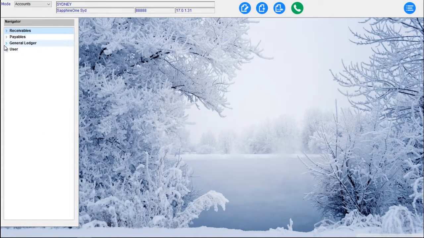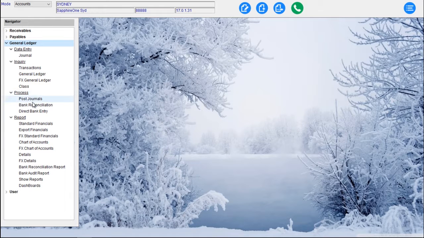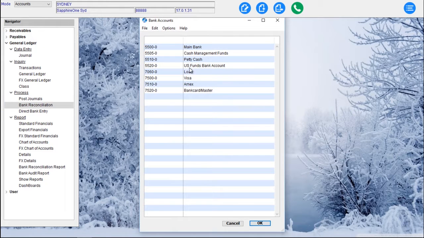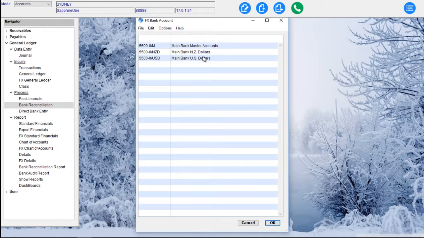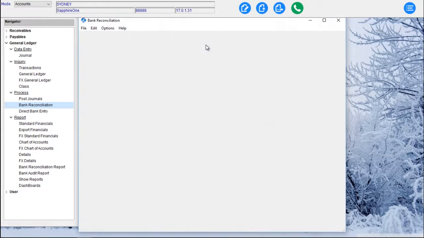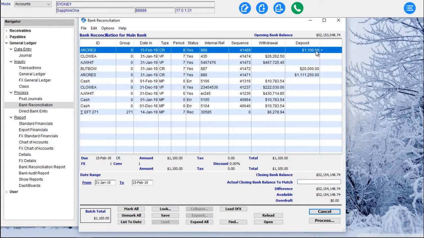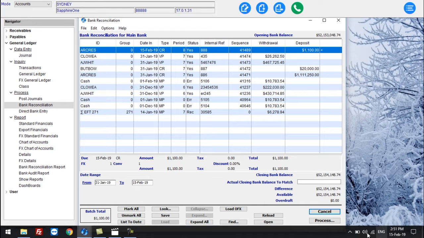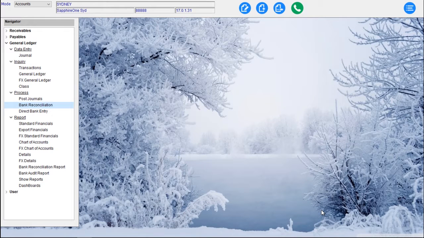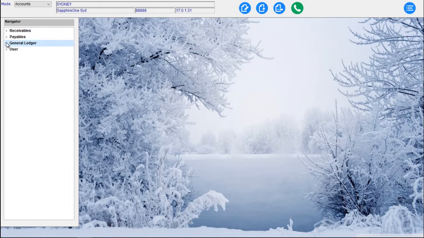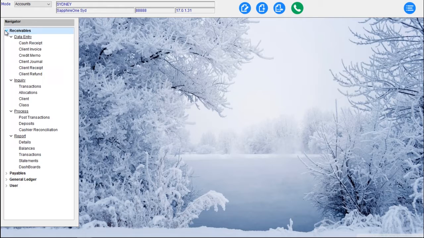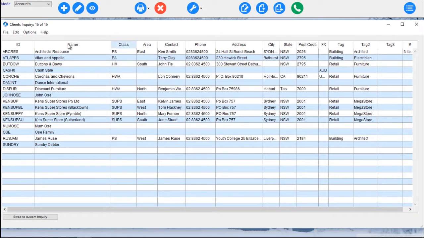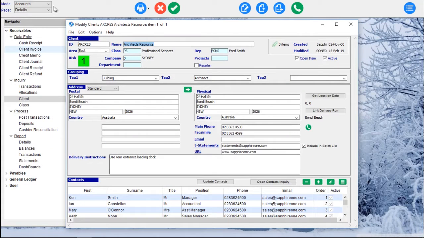So if we just have a quick look at that, and we go over here to our bank rec, select our main bank account where we receipted that to, and there's our $1,100 that we've just receipted into the SapphireOne application. And then we've got our various reporting functions, so we can report on that. And let's have a look at the client, for example. So we go down here to the client now, and we look at that client, and we come down to the